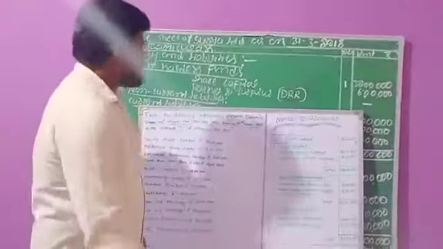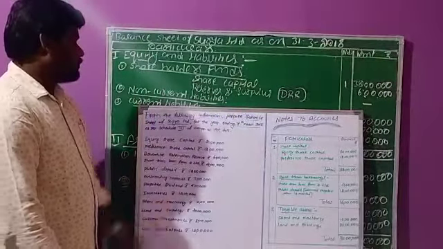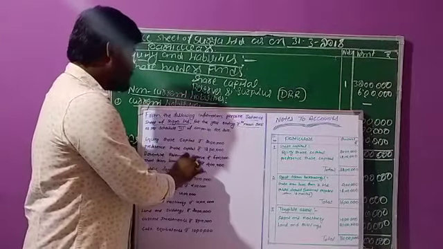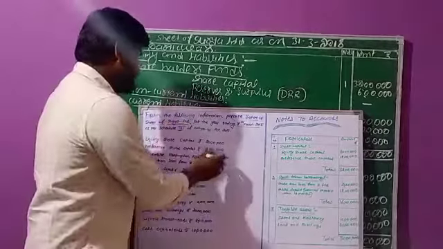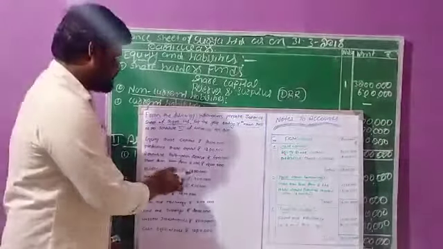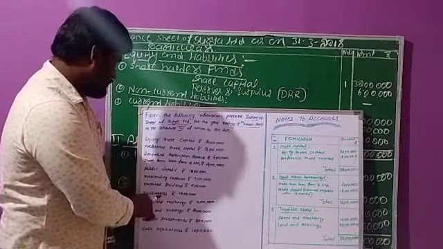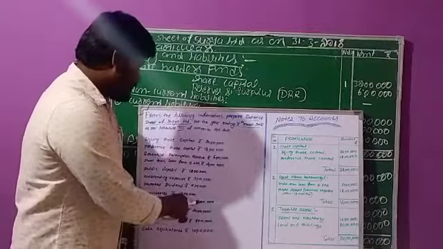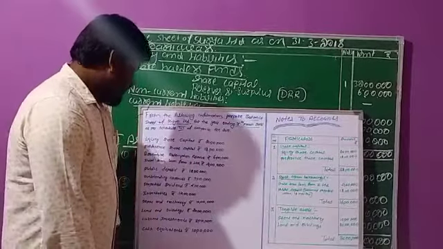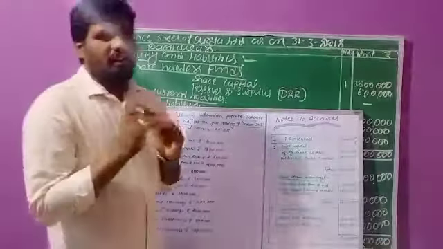For this preparation of balance sheet, they are giving some information. The information was: equity share capital 20 lakhs rupees, preference share capital 12 lakhs rupees, debenture redemption reserve, this is also one type of reserves, 6 lakhs rupees, short term loan from Z Limited 4 lakhs rupees, public deposit 12 lakhs, outstanding expenses 3 lakhs, proposed dividend 5 lakhs rupees, inventories 14 lakhs rupees, plant and machinery 10 lakhs, land and building 20 lakhs, current investments 8 lakhs rupees and cash equivalents 10 lakhs rupees. This is the given information regarding preparation of balance sheet.